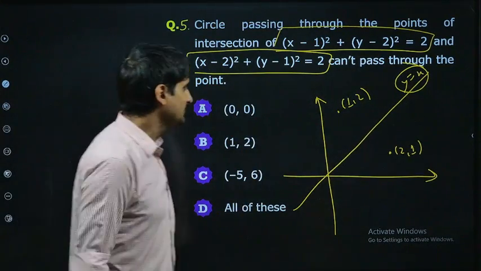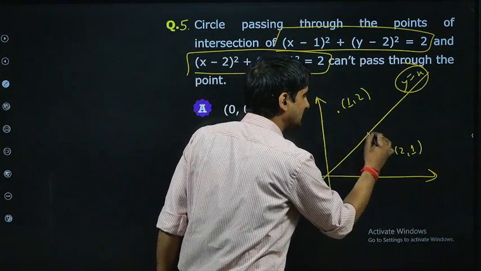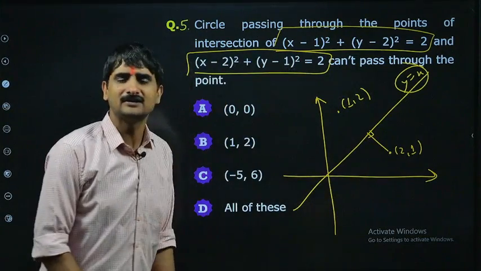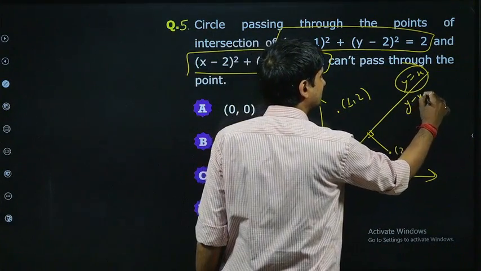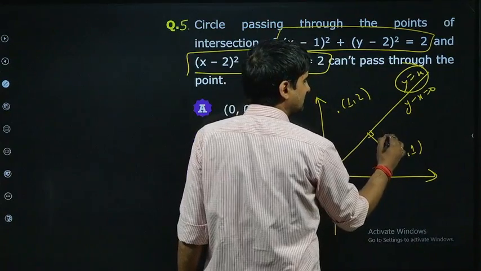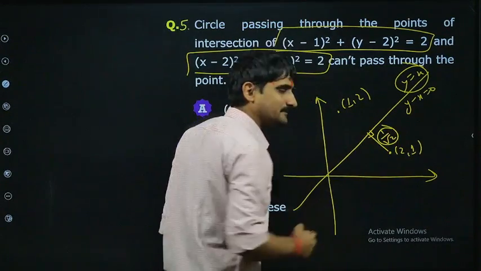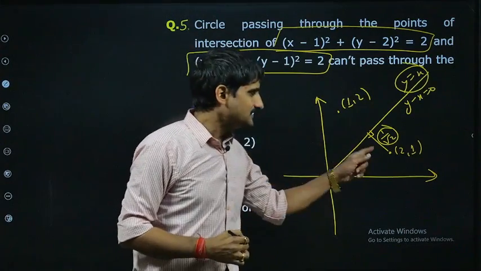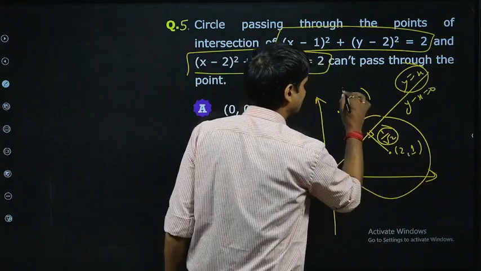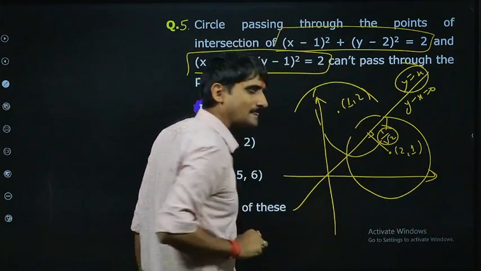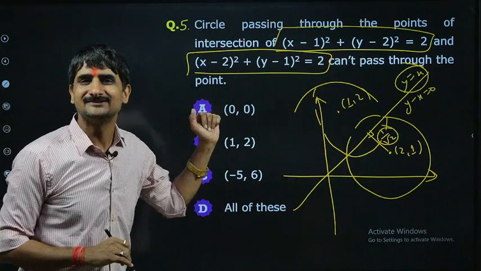The only point we need to know is, do these circles intersect this line or not? So of course they intersect, because this line is y minus x equal to 0. So this distance is nothing but 1 by √2, if I am not wrong, bachcho. So that means, and the radius is √2, which is greater than this distance. So the circle should be something like this, and the other one should be something like this. So they are mirror images. Okay, now